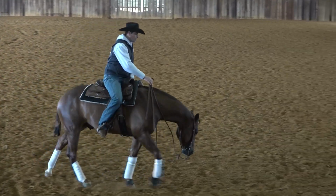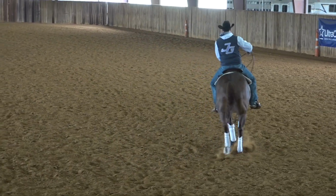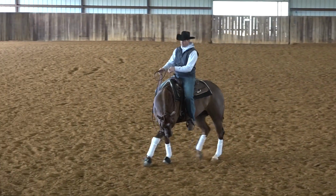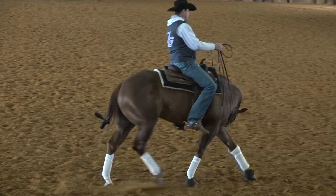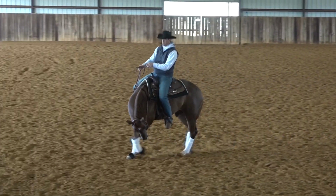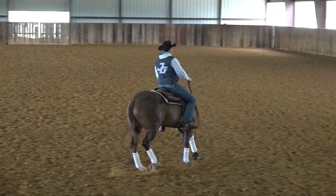So working this in both directions at the walk and trot, two-handed, is going to be the first step of today's drill. We're going to be doing that as we warm up the horse at the walk and at the trot. Here I want to make sure that I drive my horse into that indirect contact, okay? You want to always be pushing forward, okay? That is the